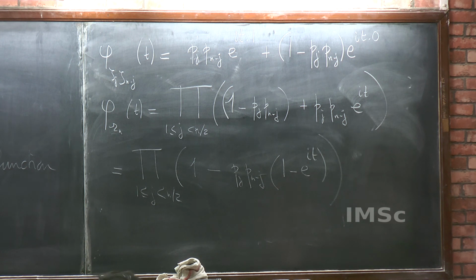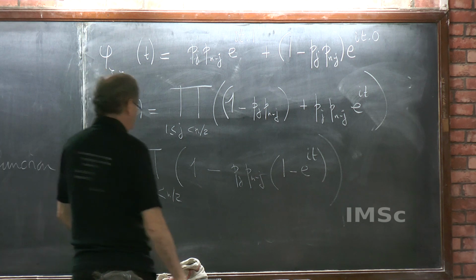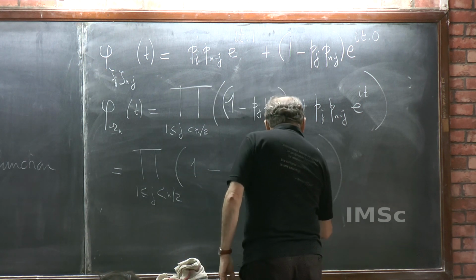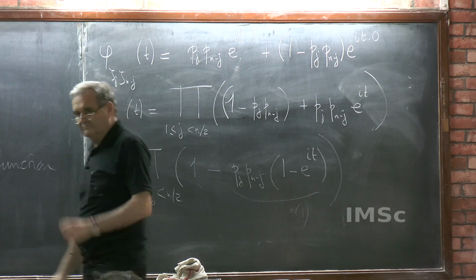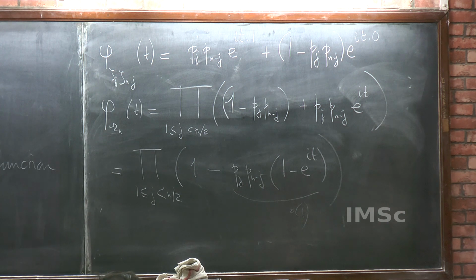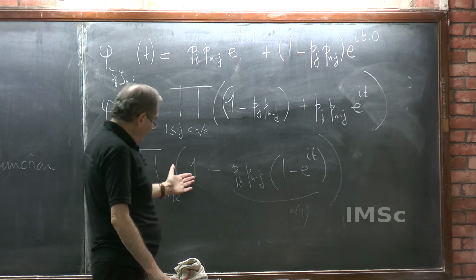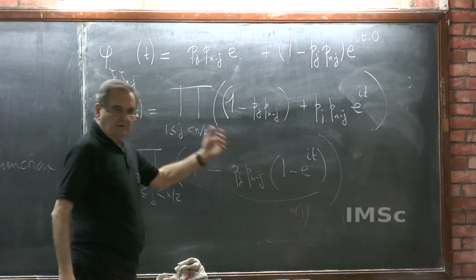Okay? And this is small. This is little o of 1. You have always one which is large. So the product of things which are 1 plus little o of 1 will be the same thing as